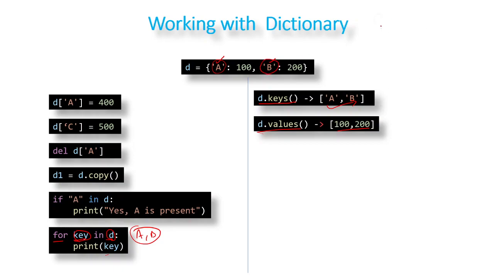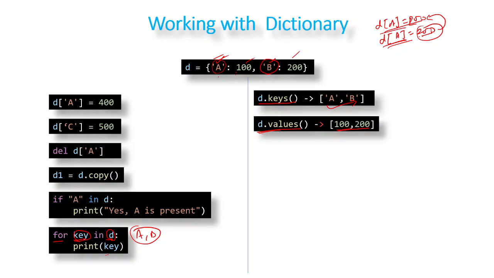If you do something like d['a'] = 100 at one place, and again you think that you can add d['a'] = 200 and this will add another variable, then it won't create another entry or key-value pair in the dictionary. It will just update whatever value is already there. So d['a'] is 100 already, so when you do d['a'] = 200, you think of inserting it, but it will actually update the original value and this a will have the value 200. Okay, so keys will always be unique and values can be anything. Okay, so just keep that in mind. You can read the values and you can get that.